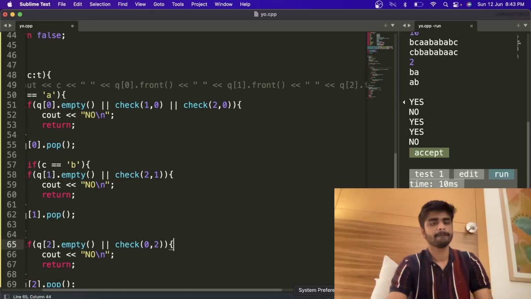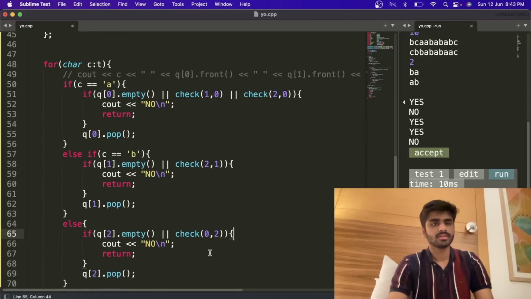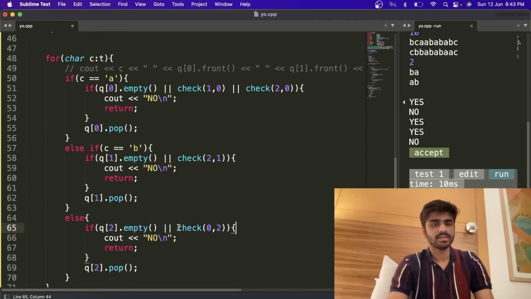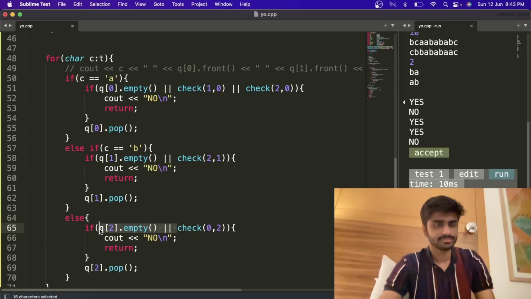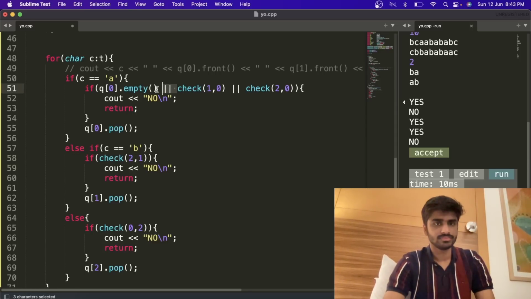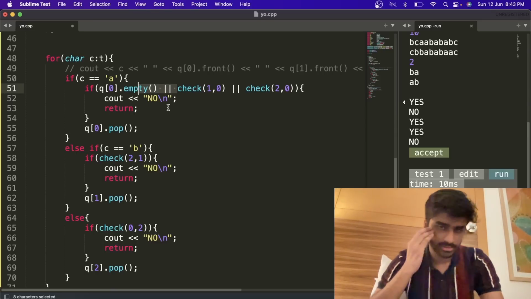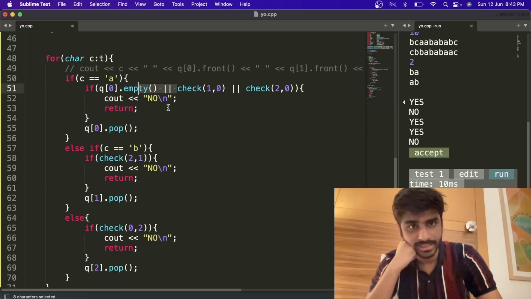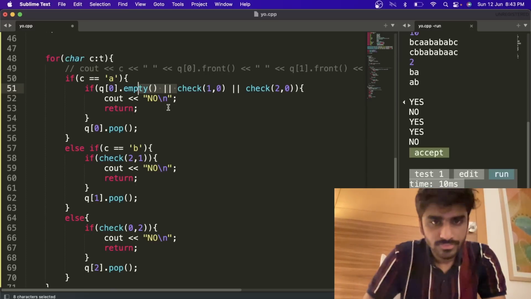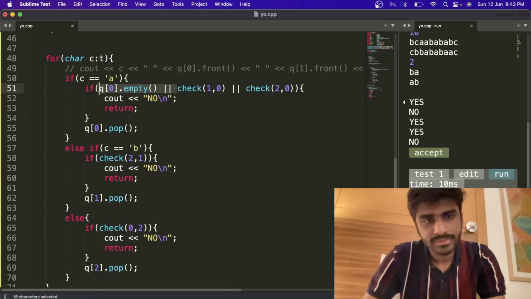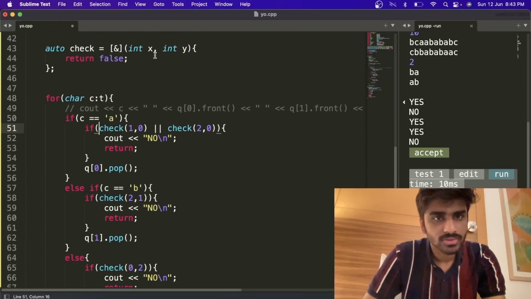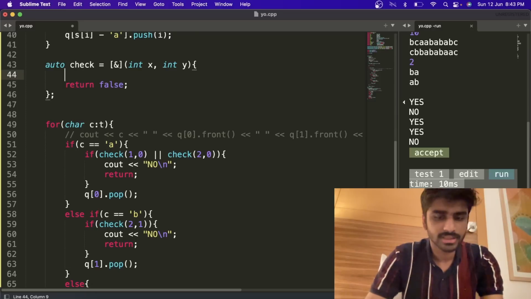Okay, and then we can actually include this within it. Or maybe let's just keep it separately. We can include it, right? Yeah. So in check xy, the first thing we have to do is if